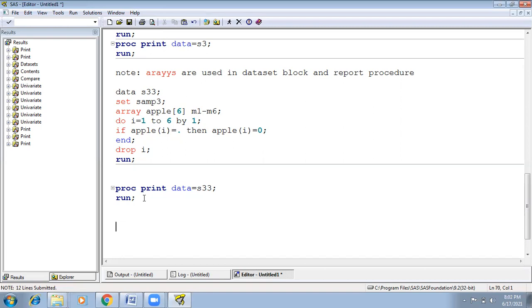Okay. Next, the dim function. What is the purpose of the dim function?